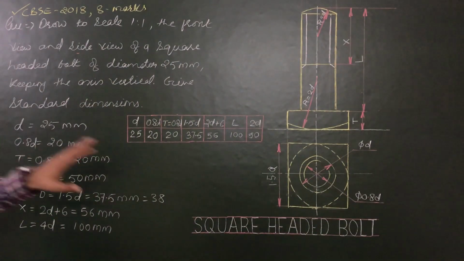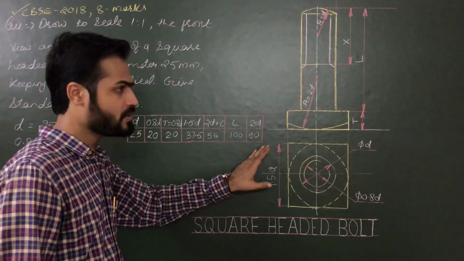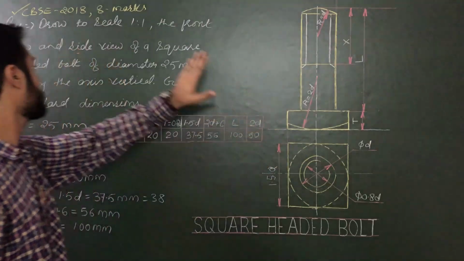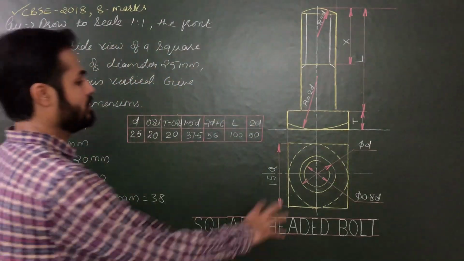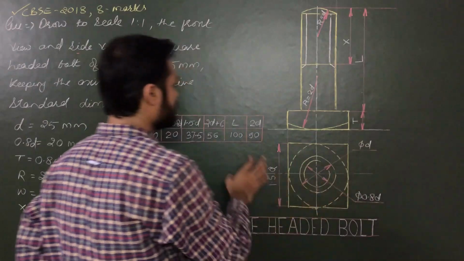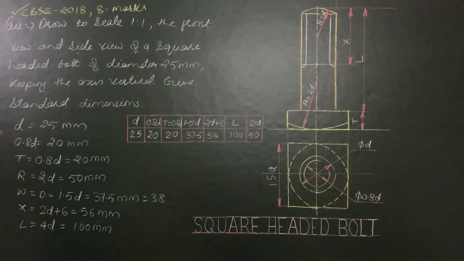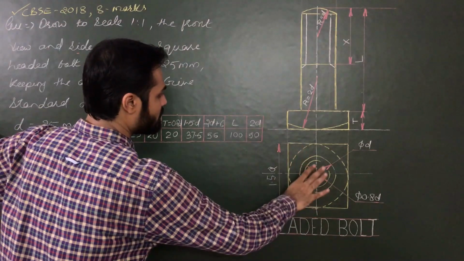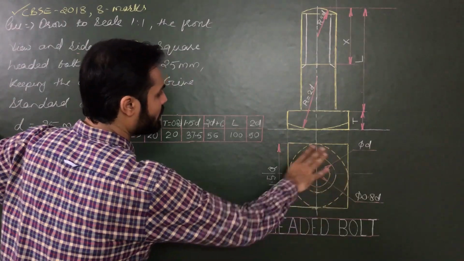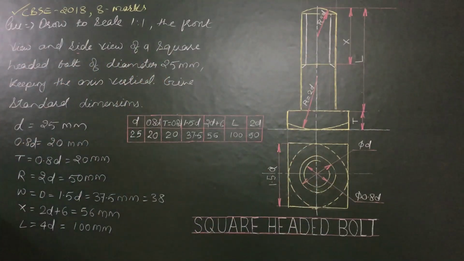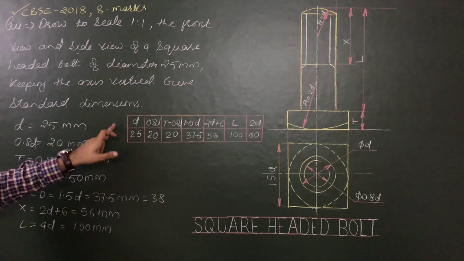Now please draw this problem on your sheet, starting from its top view, then front view, and if you wish to draw its side view, using the top view, somewhere here or somewhere here, you can draw its side view. The view will be, as it is saying, similar to its front view. So for construction, please start from its top view, do all dimensioning, then proper naming, then the standard table for dimensioning,